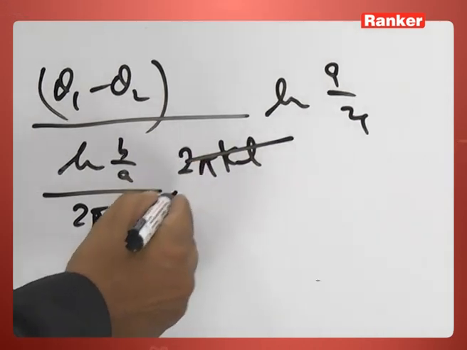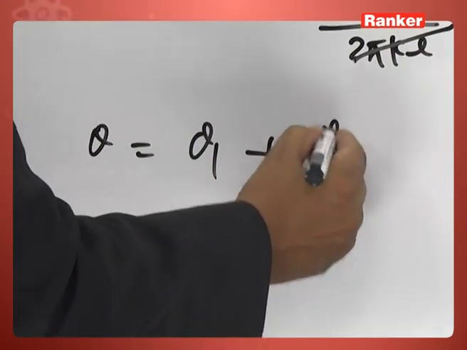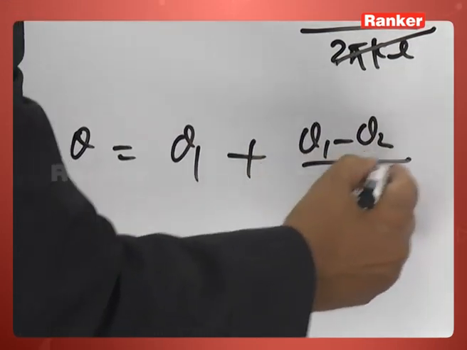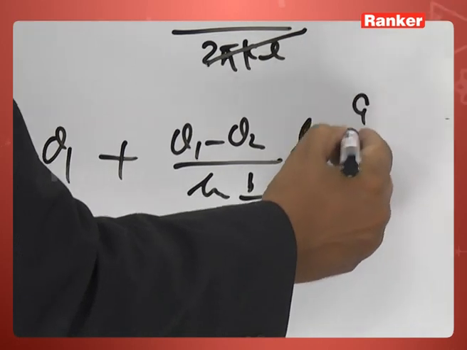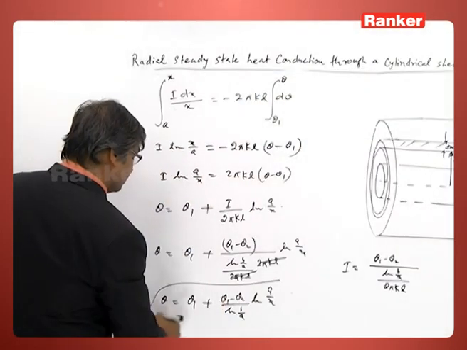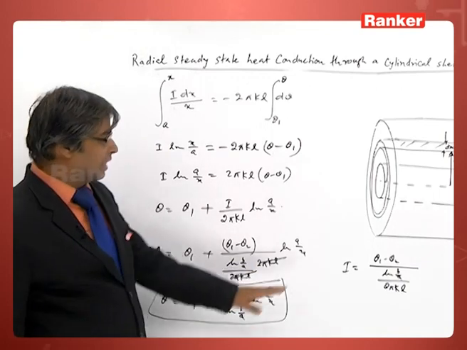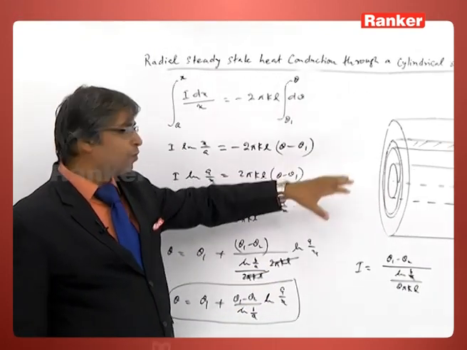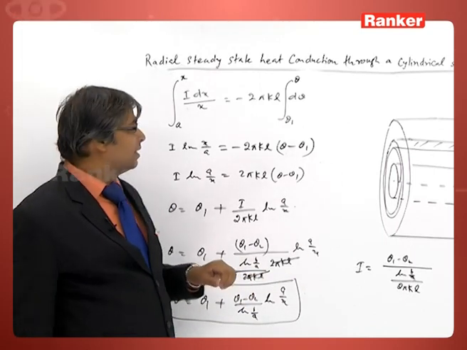So, this 2 pi k L will cancel. So, you see theta becomes theta 1 plus theta 1 minus theta 2 by ln B by A divided by ln A by x. This is how theta varies with, this is the temperature profile of this cylindrical thermal resistor